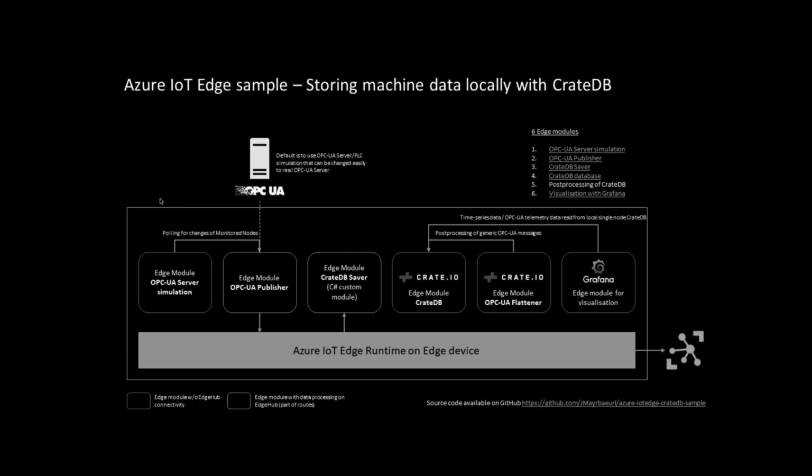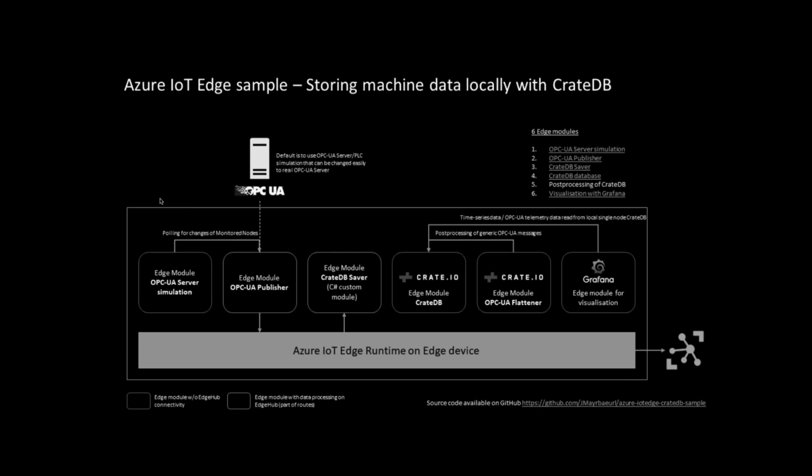All necessary components here will be deployed by the Azure IoT Edge. And we are using these IoT modules that are mentioned here. So first of all, we have the OPC UA server simulation module. After that, we have the OPC UA publisher module. And you would not be using the server simulation module if you are connecting it to a real OPC UA device, of course. Then we have a CrateDB module, a CrateDB saver module, which basically pushes the published data to